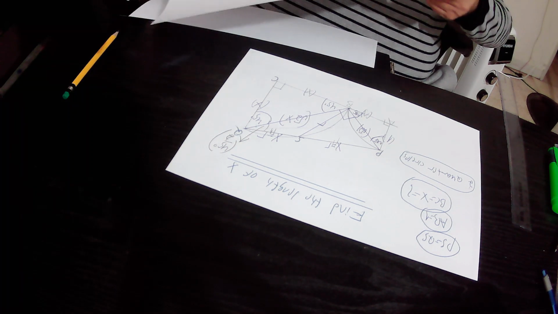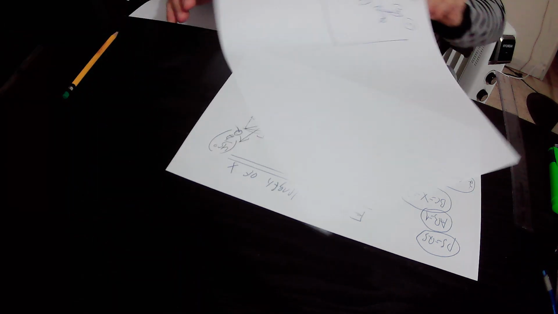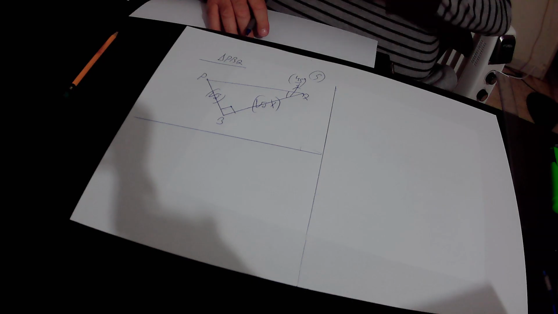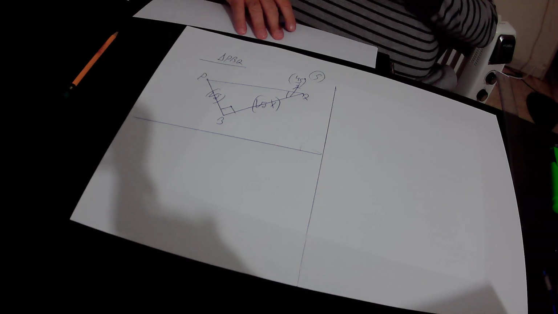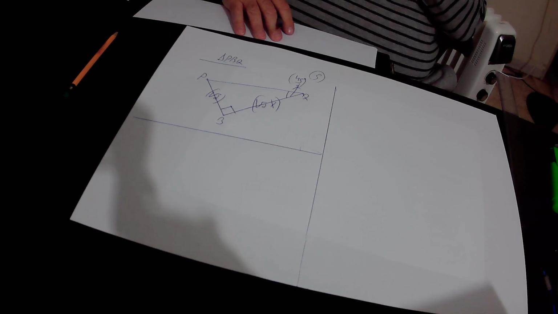So actually, this is the right triangle PBQ that I copied from the original drawing. In this right triangle PBQ,